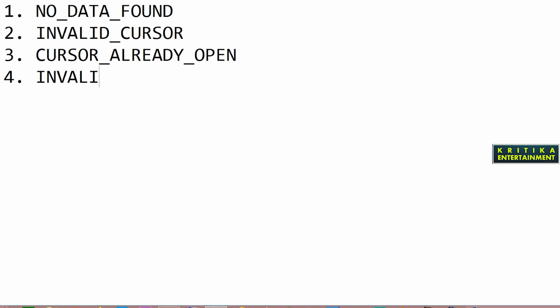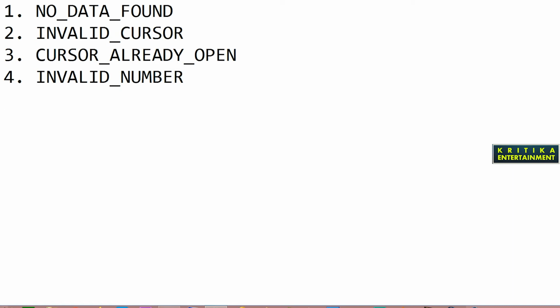Why do you get the invalid number exception? Suppose you are entering data into a table with the fields roll number, name, and mark. You enter the roll number as a number and the name as a character, but instead of a number for the mark, you enter a character value. That character value cannot be converted into a number. In that case it returns the invalid number exception, which means it failed to convert from character to number.